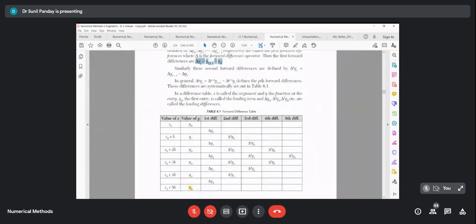First forward of yr is equal to yr plus 1 minus yr. So instead of r, if I substitute 0, the first forward of y0 is y1 minus y0. First forward of y1 is y2 minus y1. So like this. And to get the second forward of this yr, I apply this delta one more time